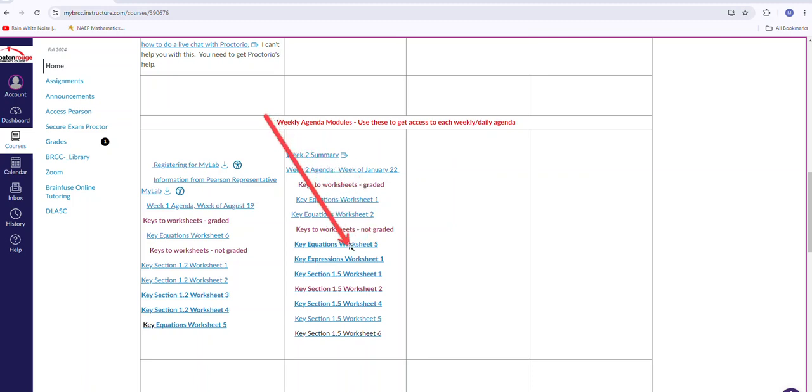And then these are some of the non-graded worksheets. These non-graded worksheets, the keys here, will help you with this week's lessons as well as the 2 graded worksheets. All right, so always go to the agendas. You can go to the home page, then go to the weekly agenda modules, and there's the link to week 1 and the link to week 2. If I go ahead and click on week 2,